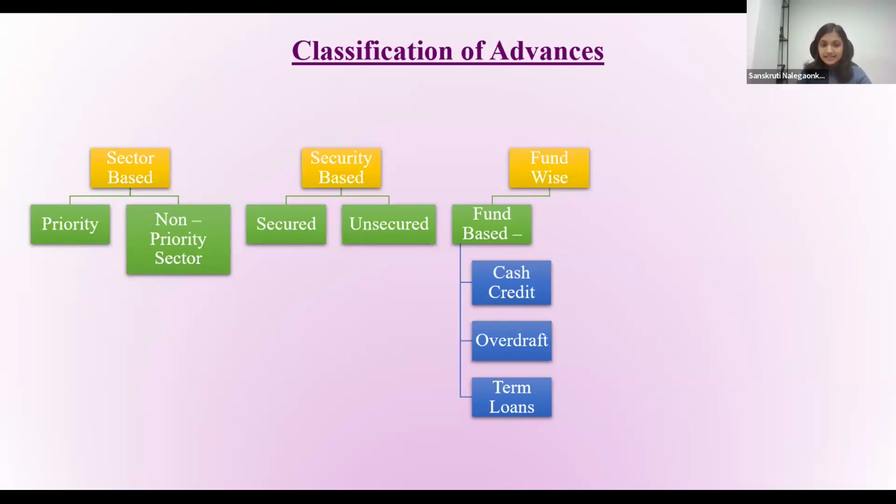And in case of CC, it is secured against stock, receivables, and business assets. While on the other hand, overdraft can be secured against FD, property, or it can be unsecured too. And a term loan is a loan provided for a fixed period, usually for purchasing assets, business expansion, or large capital expenditures. Its repayment is done in EMIs over a predefined tenure. Next, moving on,